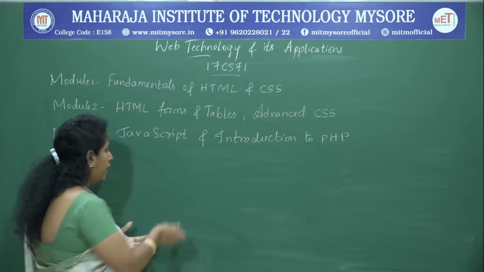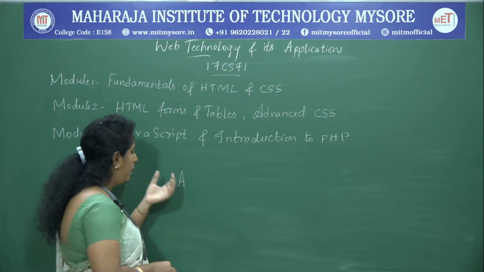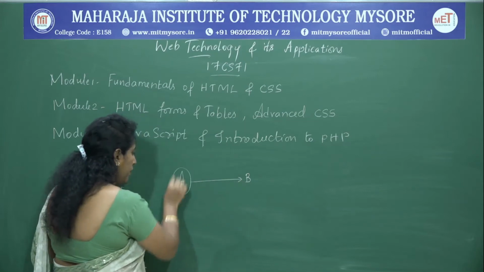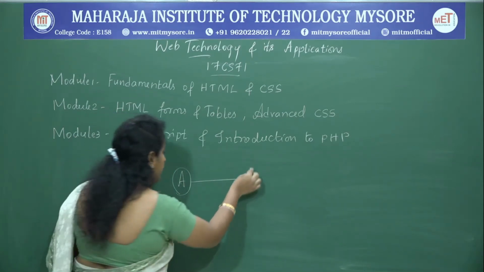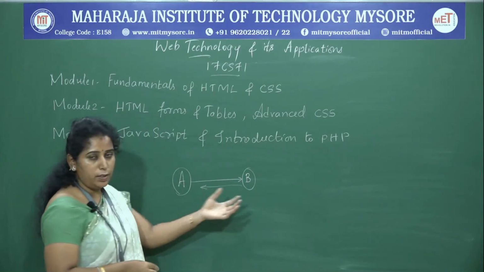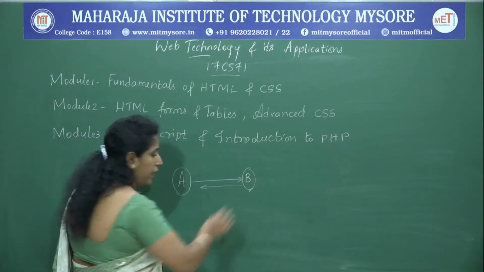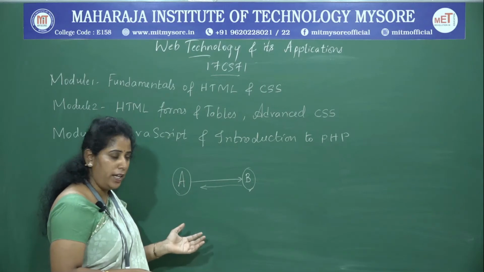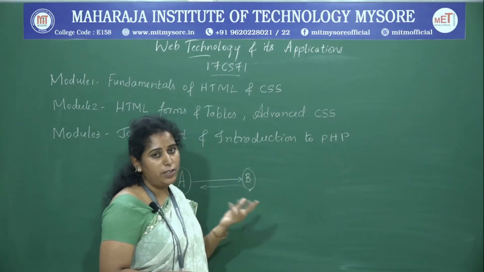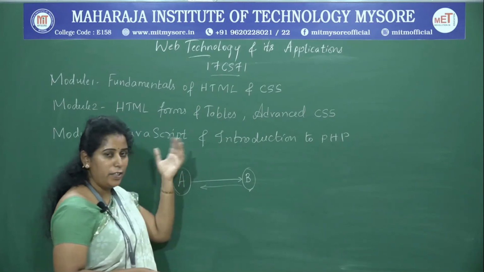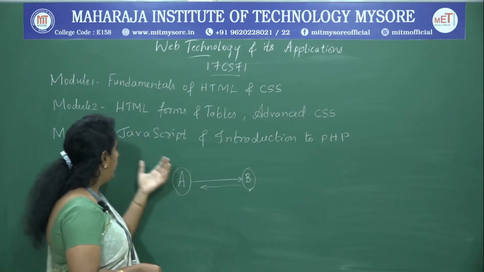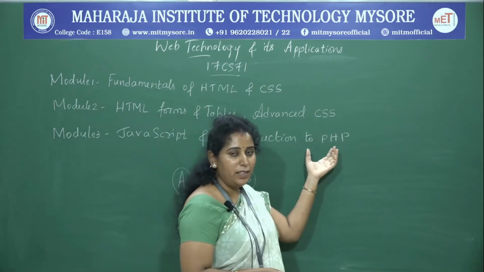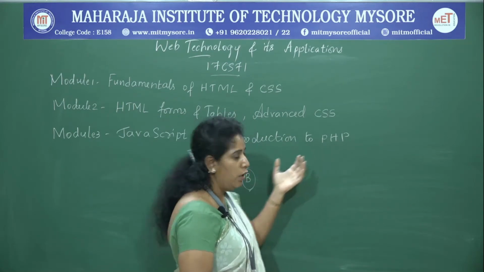It is very simple. Let me take an example of person A. Person A is requesting some resource from person B. Now this person A is called a client and person B, who gives the response to person A, is considered a server. So the one who initiates the request is called a client and the one who serves the request is called a server. In our case, in order to make a dynamic web page, we make use of JavaScript as a client side programming tool and PHP as a server side programming tool.